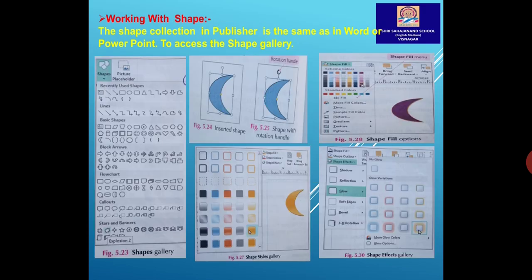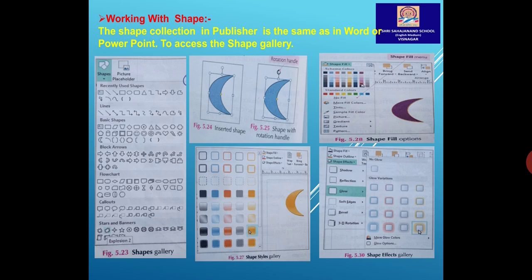Now next one is working with shapes. The shapes collection in Publisher is the same as in Word or PowerPoint. To access the shape gallery, follow some steps. First, select the Insert tab, in the Illustrations group, then click Shapes.